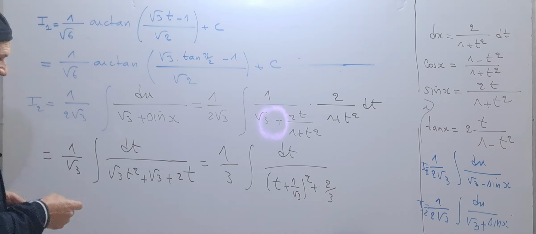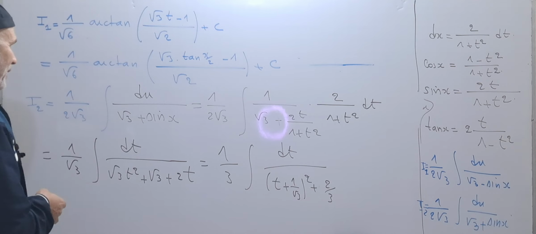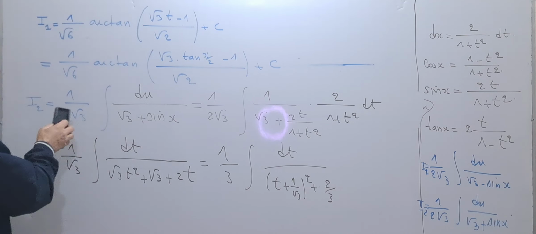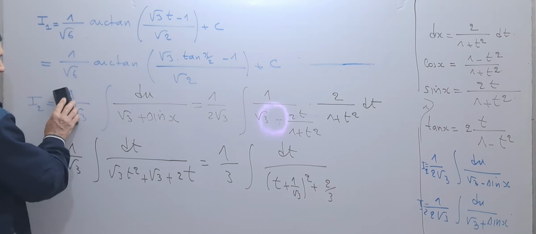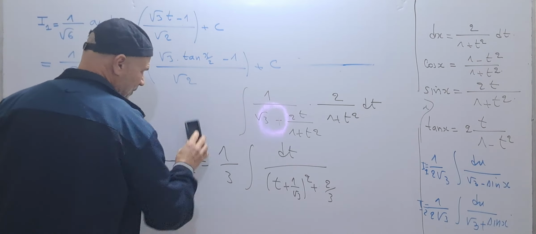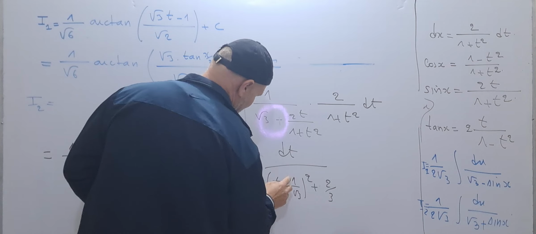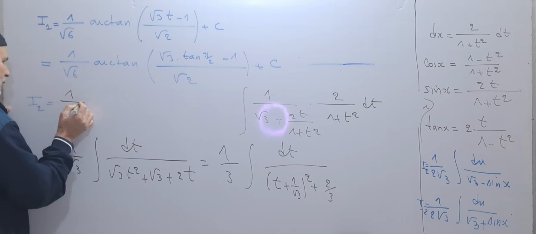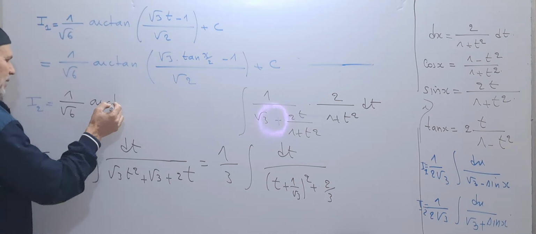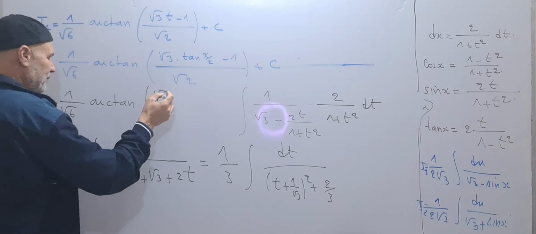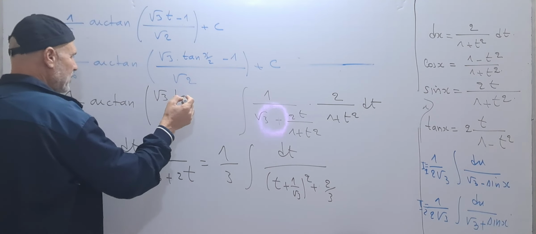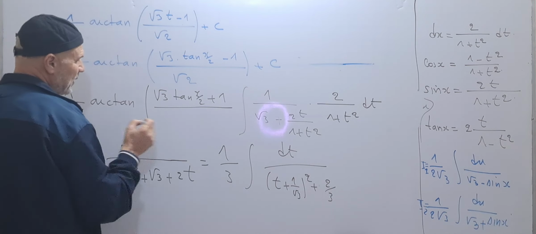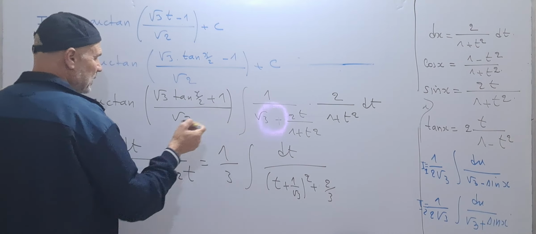And we will repeat exactly the same thing until we obtain this formula. So for E2 the change of variable will be t plus 1 over the square root of 3. So E2 will be 1 over the square root of 6 arc tangent the square root of 3 tangent x over 2 plus 1 over the square root of 2 plus constant